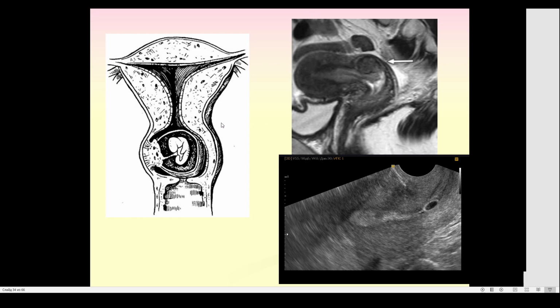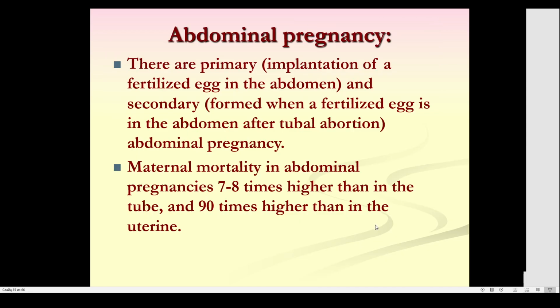You can see cervical pregnancy, enlarged size of the cervix, and closed internal os. You can see an empty uterine cavity, only decidua present in the endometrium, but the embryo is located in the cervix. Embryo in the cervix. It's uterus, it's endometrium. You can see increased thickness of endometrium because decidua is present.